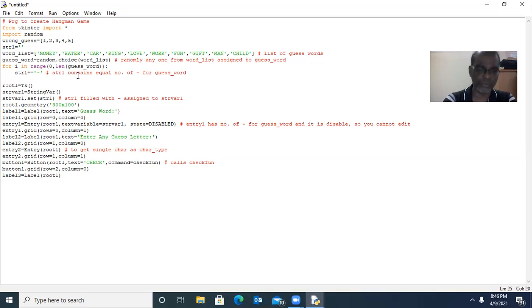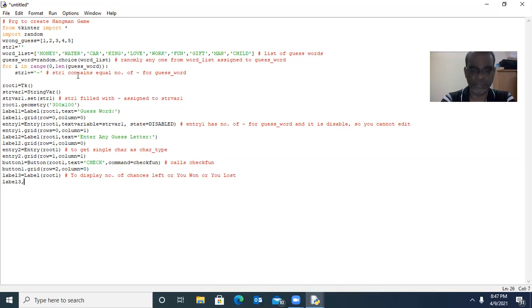So it is used to display the number of chances left, or if you win the game, it will display you won. If you lost the game, you lost. Good. So that label 3 also should be placed over the top level window.